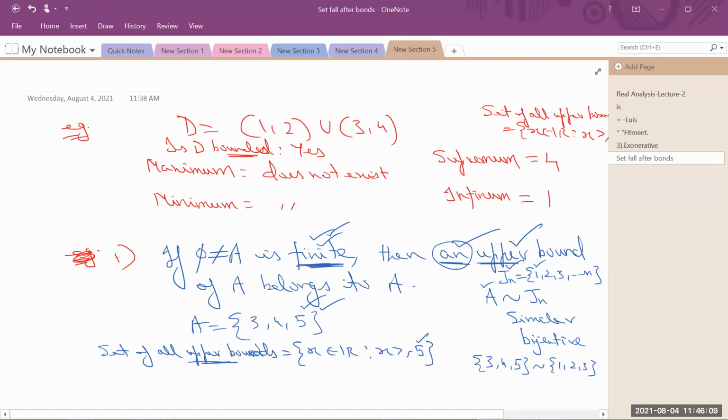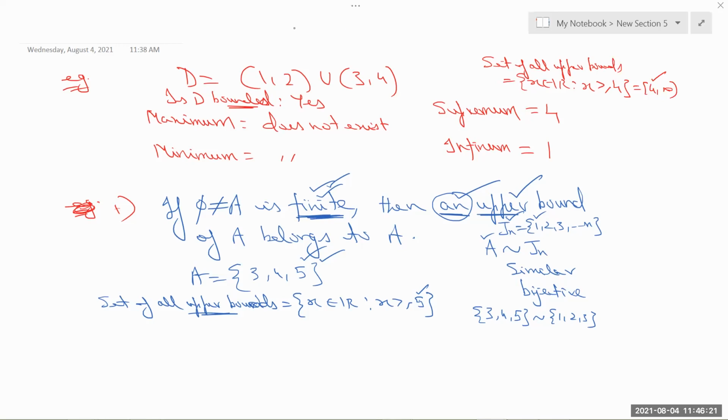ठीक है? But the difference we have observed, and there is another article that any lower bound